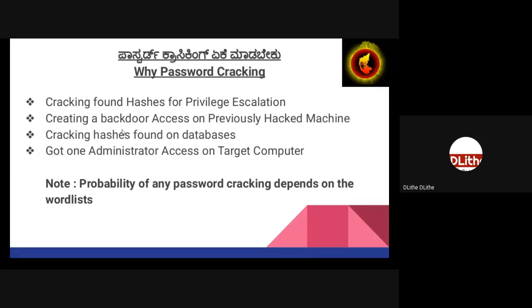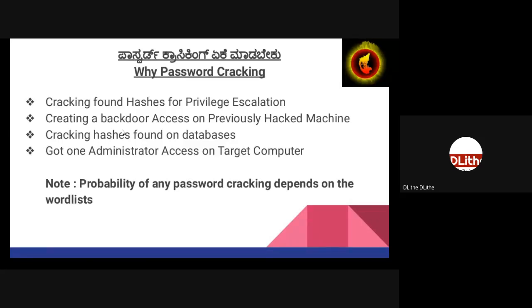In such cases, you can use this and dump the hash. That is one way. Second scenario is you have compromised the machine and you want to create a backdoor. Since you're administrator, you can dump the hash, crack the password, and use the password for yourself. That is the second case.